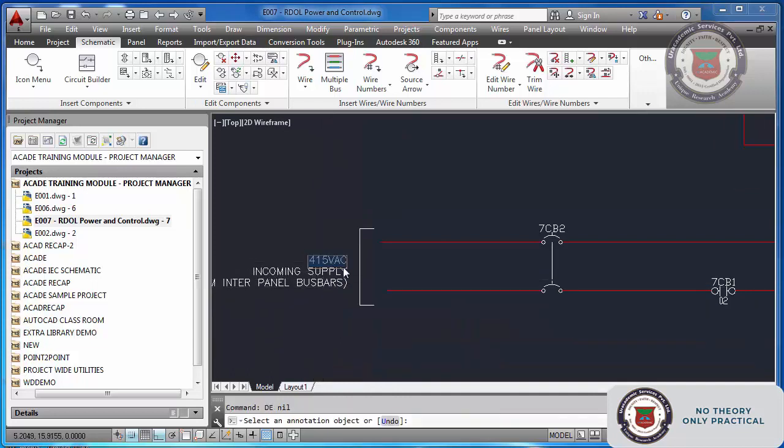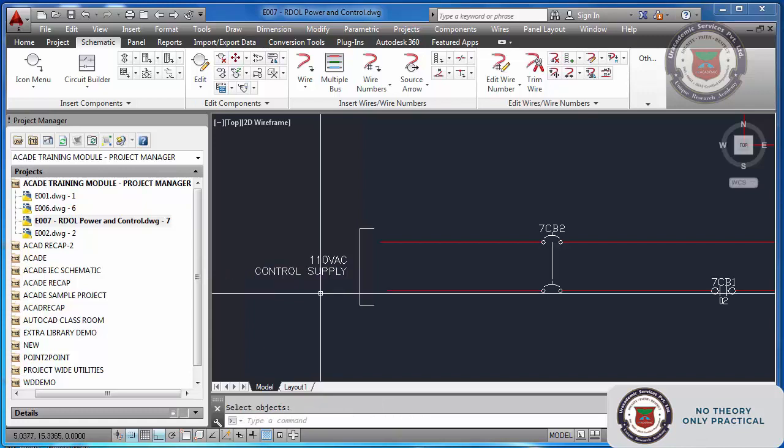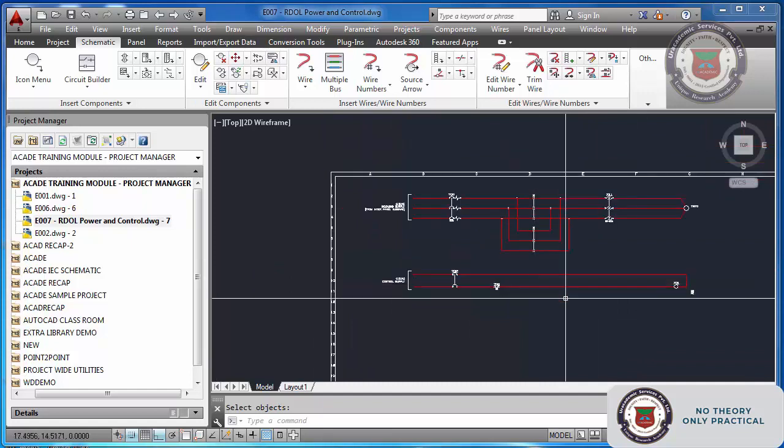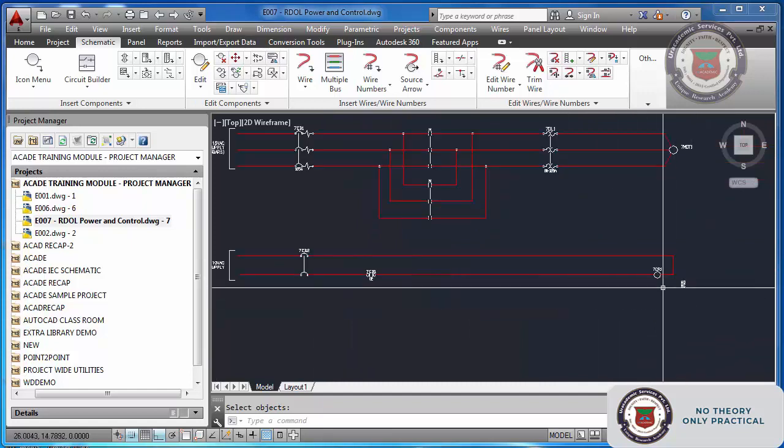Let us say this is 110 volt AC control supply. Okay, the customer is giving us 110 volt AC for control supply. All our control relay coils are 110 volt AC.